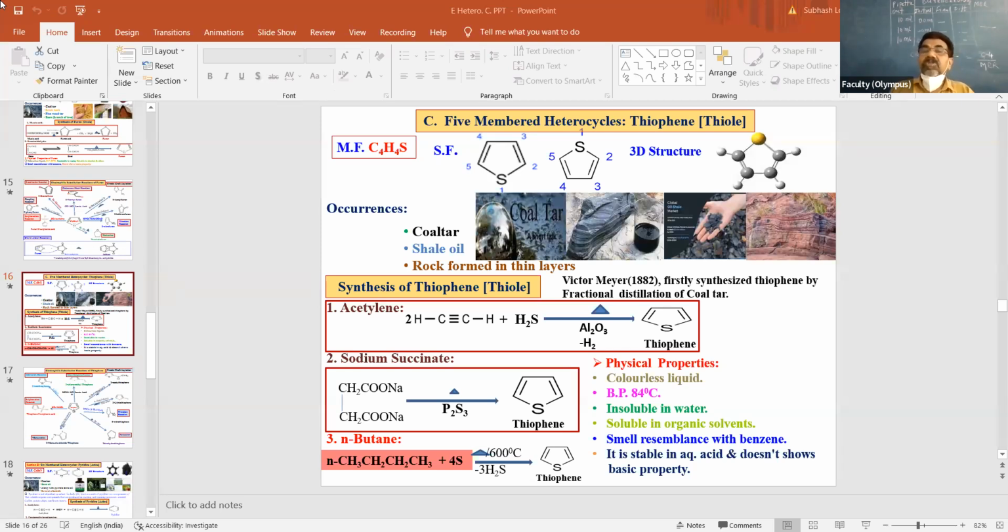On both sides we have carbon atoms, a 5-membered ring, 2 double bonds, and the sulfur atom, which you can represent below the ring as well as above the ring. And as we already know, the heteroatom should always be given the number first, and we have also shown the numbering 1, 2, 3, 4, 5, either clockwise or anti-clockwise. So that is the structural formula of thiophene, which in IUPAC is called thiole.